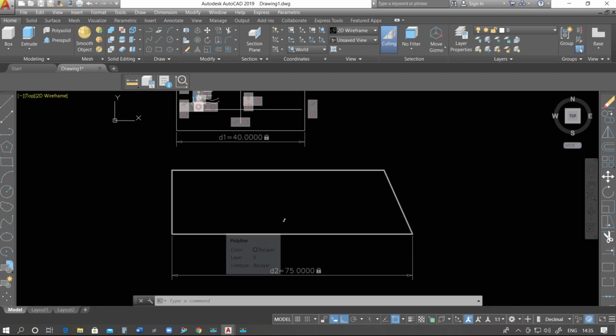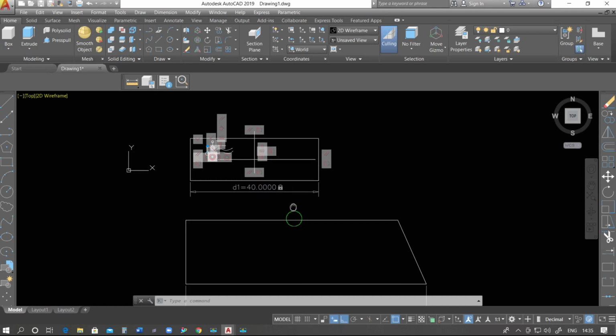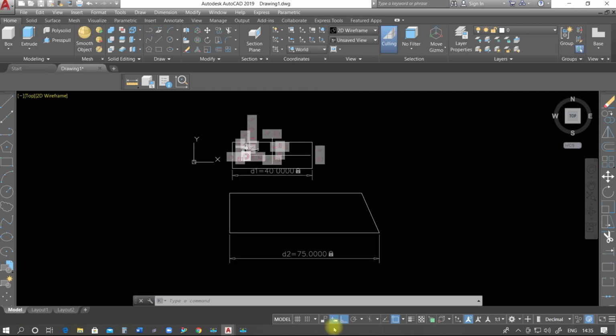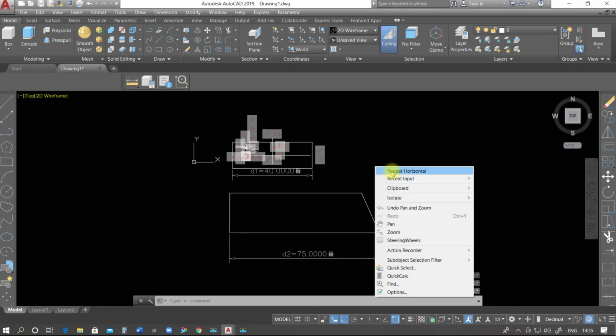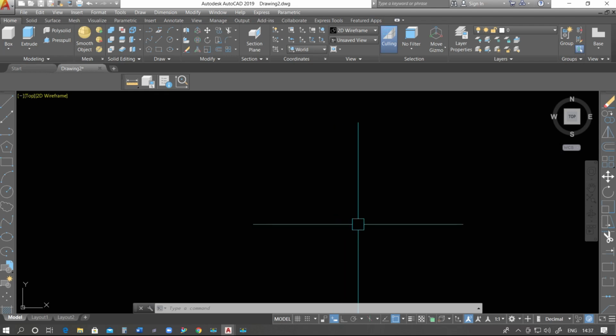So that's why where there is a relation, the effect will be in both entities, and where there is no relation, there would not be any effect on each other. So this is how to use infer constraint. Now next we have an option. So that one was about infer constraint.